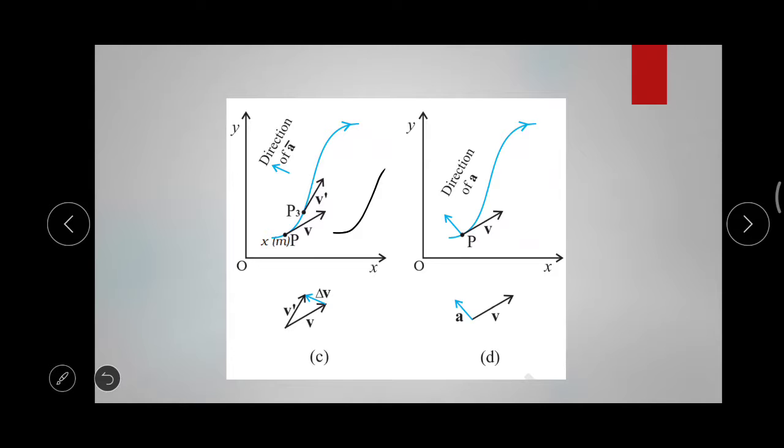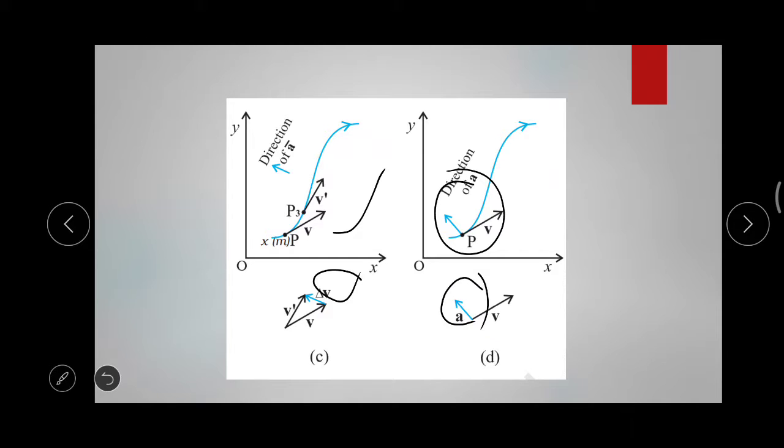Now come to this figure. In this one you can see only a particular point is considered and the tangent to that point is drawn, and that is the direction of the velocity. And the direction of the change in velocity, or the acceleration, will be the same as the direction of delta v in the last 2-3 cases. The instantaneous acceleration also will be in that direction. That is this one.